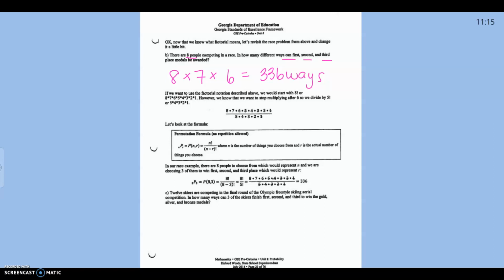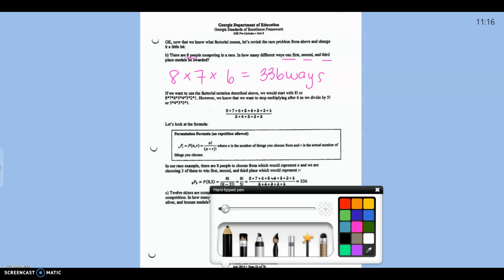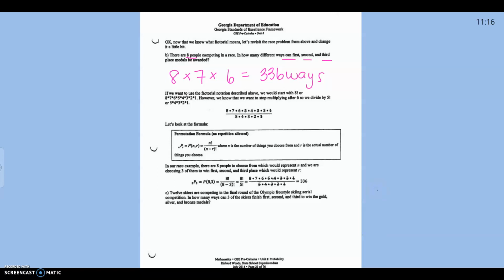Now, you also want to notice here that factorials cancel. What this is saying is that if you want to use the factorial notation described above, we would do 8 factorial. However, we know that we want to stop multiplying after 6, so we divide through. The long and the short of this is you need to realize that if you have 10 factorial divided by 3 factorial, things cancel. You can actually write this out as 10 times 9 times 8 times 7 times 6 times 5 times 4